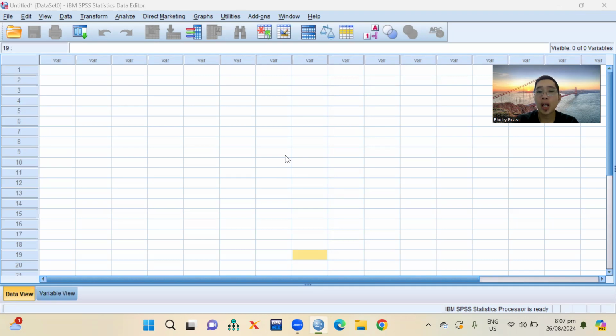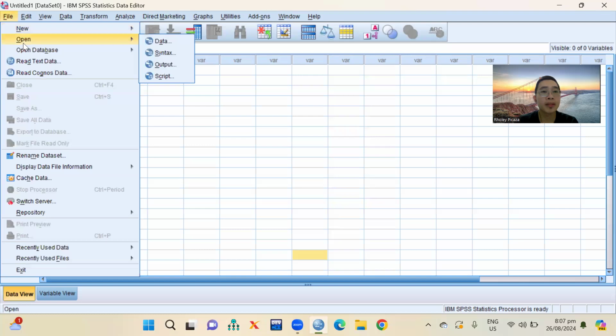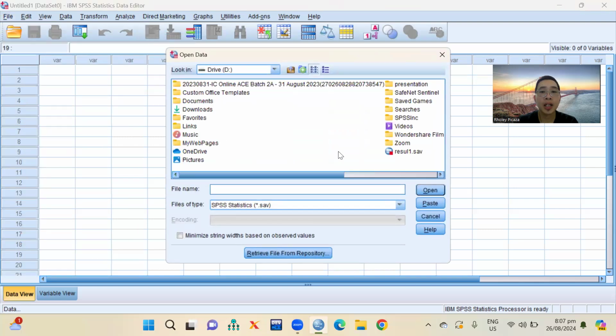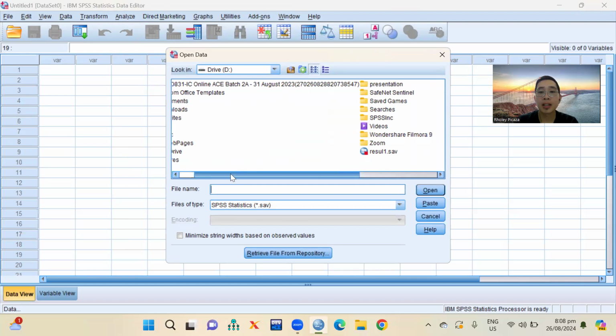So today I will teach you how to put data from our Excel to SPSS. So there are some times that we cannot see Excel in looking in the SPSS. But now I will teach you how to put Excel in your SPSS. So go to File, then open our data from Excel. So press the data. And then we have now the data here or your files.